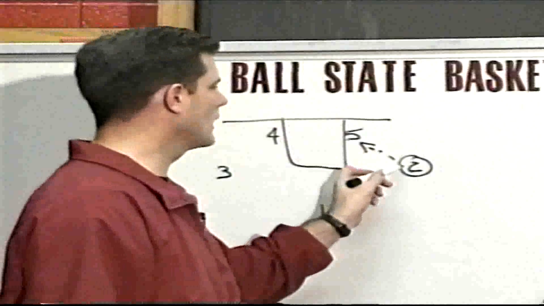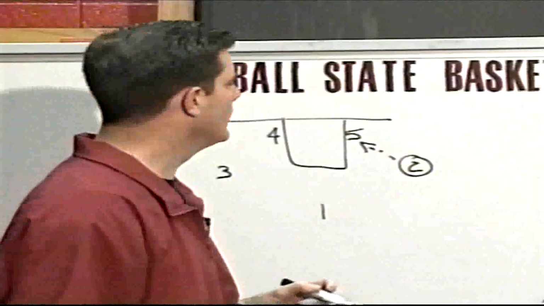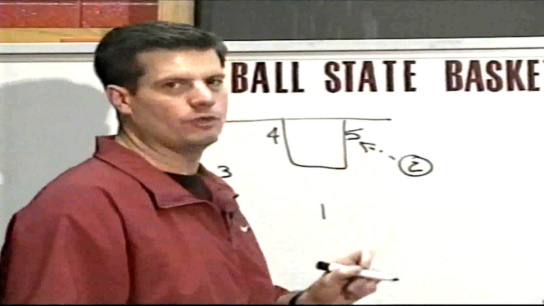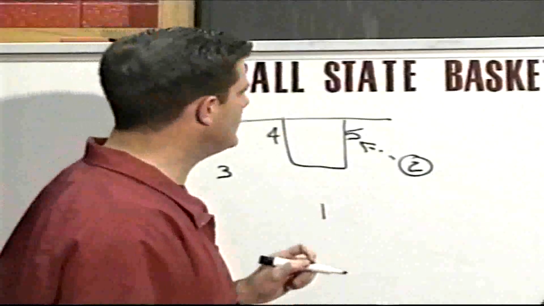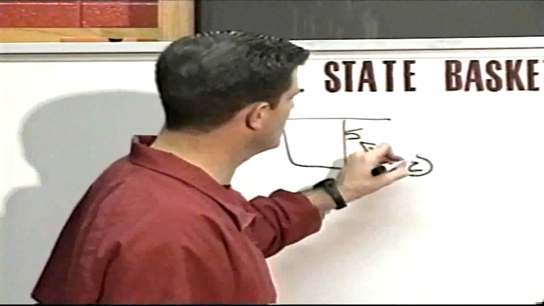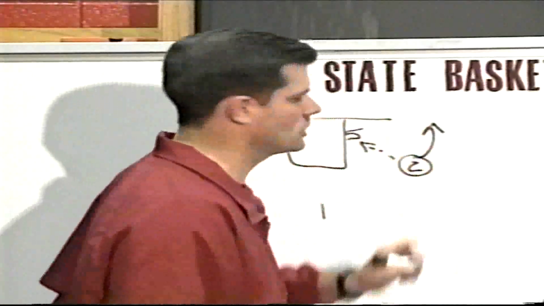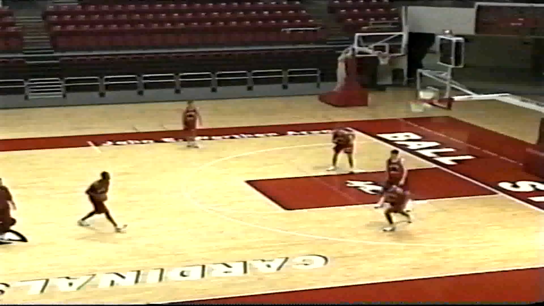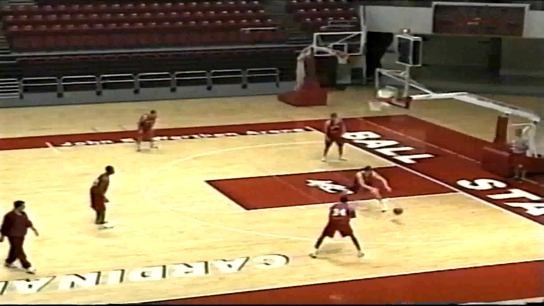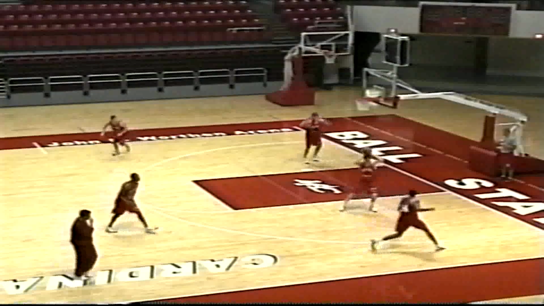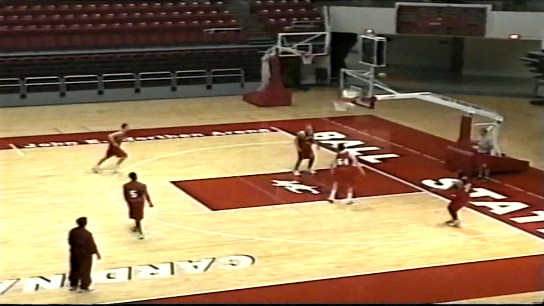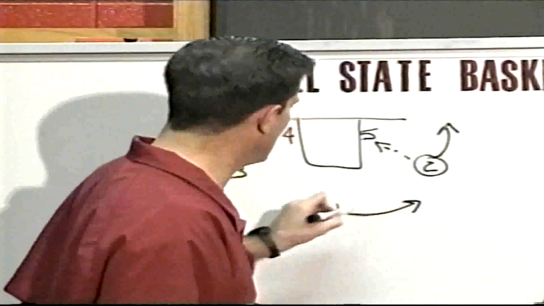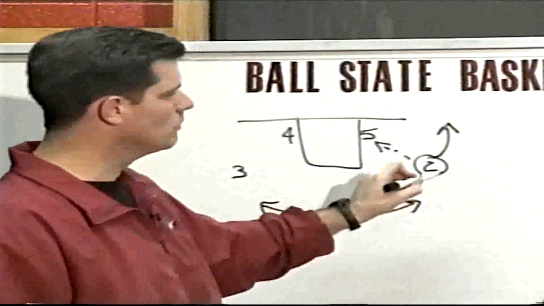What we tell our guys to do when they spot is look at the back of your defensive player. And if he turns and his back is facing the baseline, then you are going to spot toward the baseline, because if the ball gets thrown out, it's harder for him to turn and come and close out to make a play. Our 1-man is to get in the 5-man's vision again,